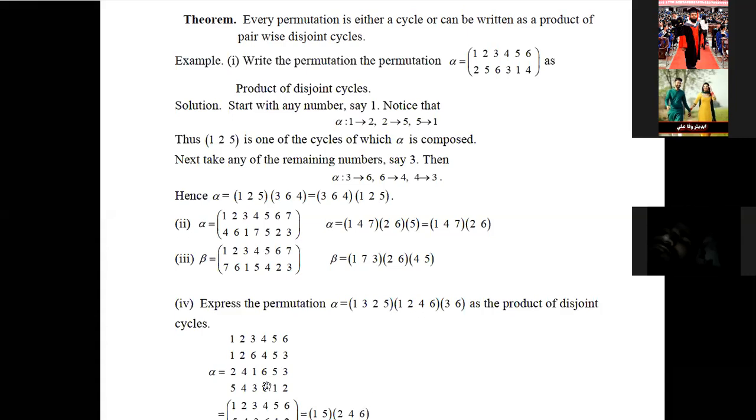Okay. First is 1, 2, 3, 4, 5, 6. This is x, and in the second row, this is 3, 6. Means 3 goes to 6, 6 goes to 3. Remaining elements are fixed. Okay. Again here 1 goes to 2, 2 goes to 4, 4 goes to 6. Other elements are fixed. And finally 1 goes to 3, 3 goes to 2, and 5.